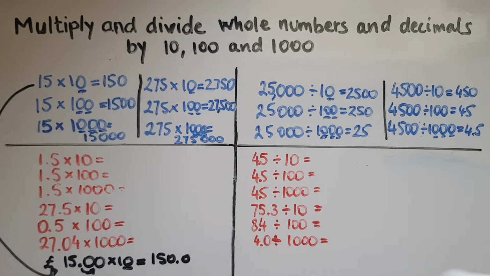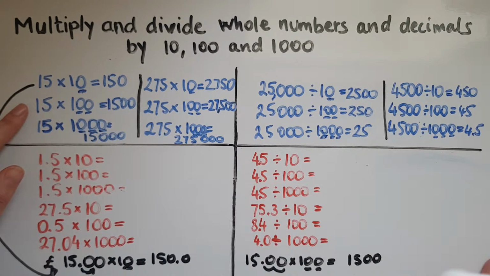So exactly now, or very similar to this, will be this. If I do 15.00 times 100. So I'm going to move, because I'm multiplying, I'm moving in the positive direction and the number will get bigger. So we go 1, 2 places because there are 2 zeros in the 100. So this number now will have the decimal at the end. So it's going to be